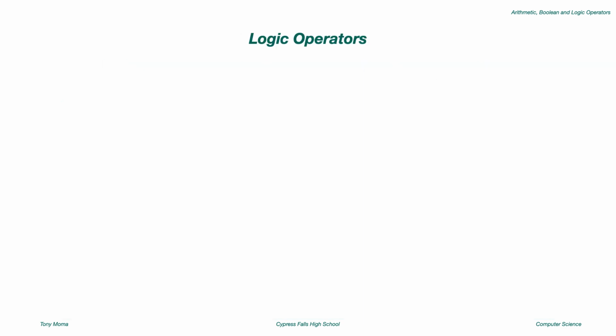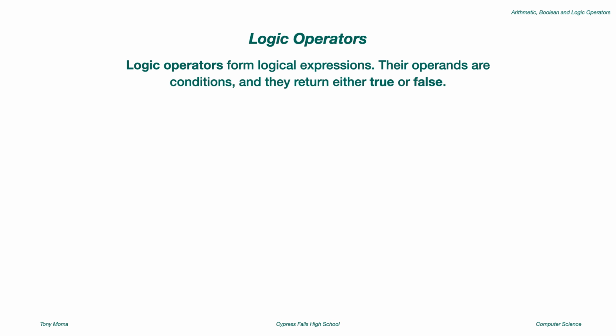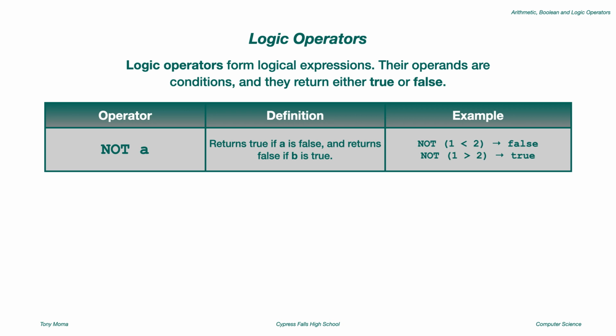Lastly, we have the logic operators, which form logical expressions. Their operands are conditions, and they return either true or false. The first one being the not operator. The not operator receives just one operand, and it returns true if the operand is false, and returns false if